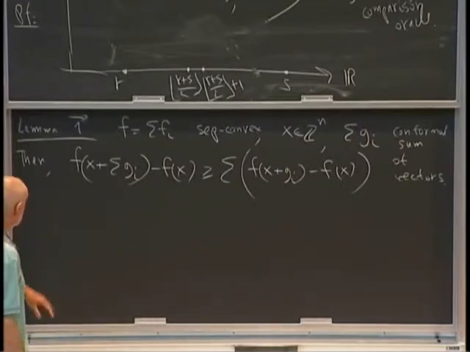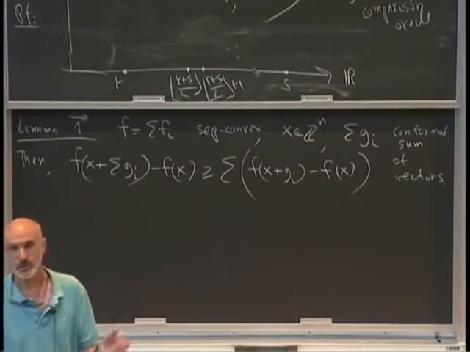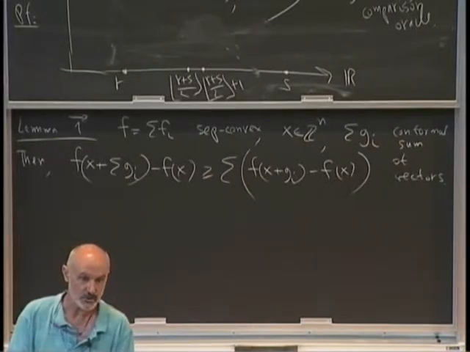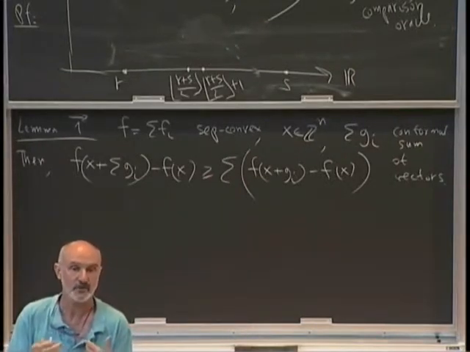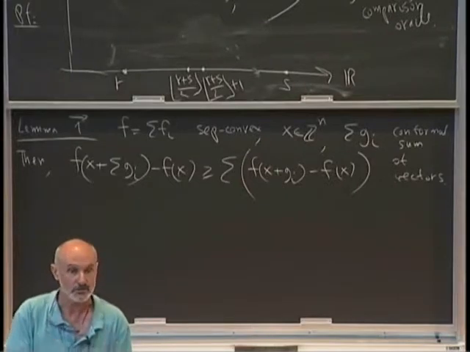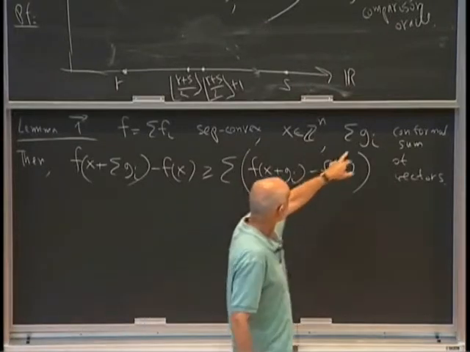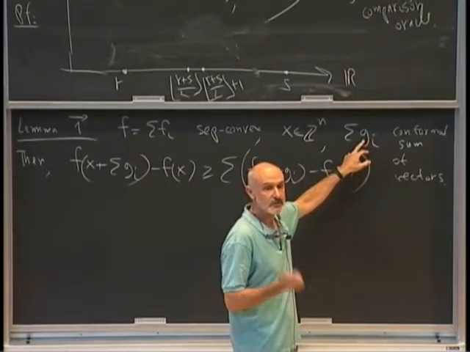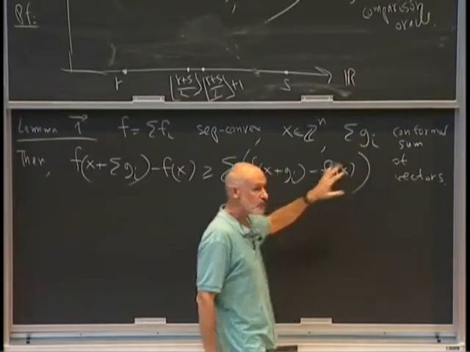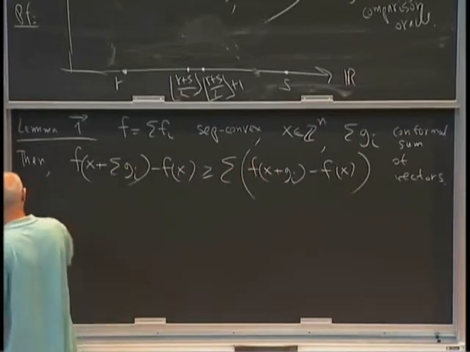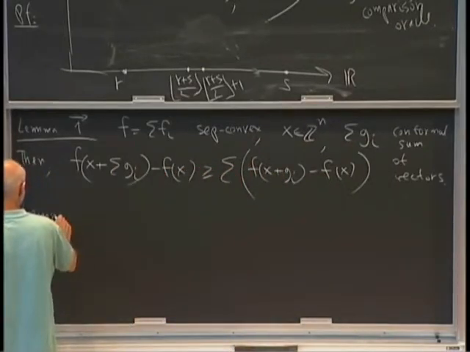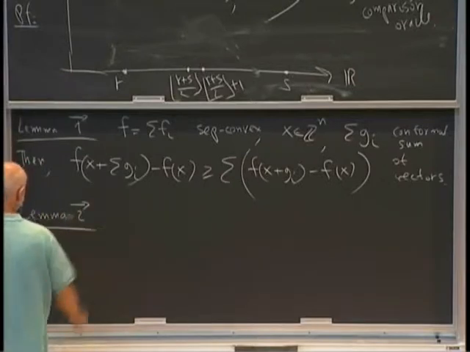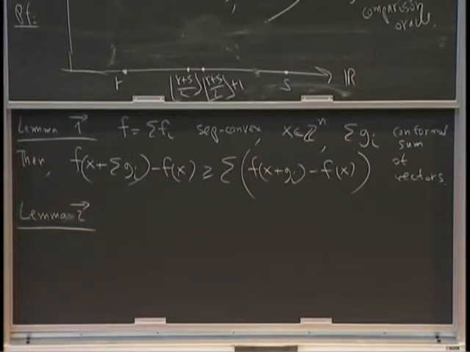And the proof, well, I'll leave this to you also. It's not so important. Basically, because it's separable, you can break it down to the sum on each variable. And on each variable, because the sum is conformal, all the corresponding coordinates of the gi have the same sign. And therefore, this holds. So you can work this out. And then there's this analog of the second lemma, again, the vector analog of this one, which tells you